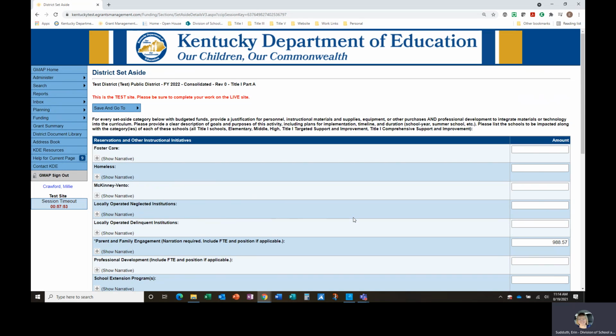However, we would caution you against setting aside large amounts of funding at the district level, and KDE consultants check the set-asides when they review applications. Reserving a large amount of funds at the district level can have some unintended consequences, including decreasing the amount of funds that schools receive,